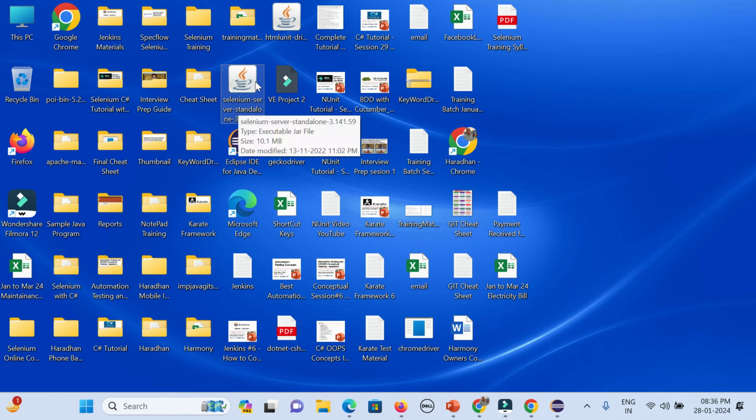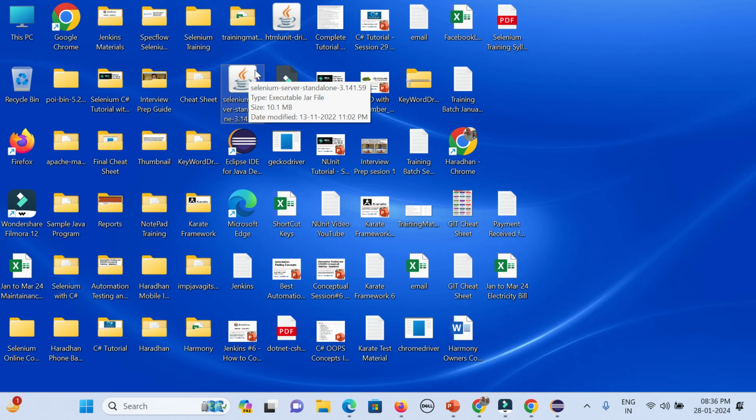This is the symbol like the cup symbol with some pepper coming. This is a symbol from Java also, right? You will be getting that one downloaded. You can download it anywhere in the browser, any of the drives, or your desktop as well. So that is the third thing.